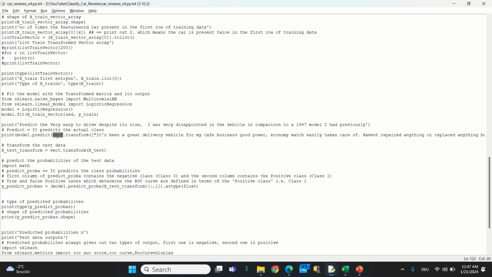So we are using the same vectorizer instance that we used to fit the X training data, but now we are transforming some input text instead of the training data. So the first text would be: it's been a great delivery vehicle for my cafe, economy matching easily, it looks to be positive, haven't repaired anything or replaced anything. And let's see the